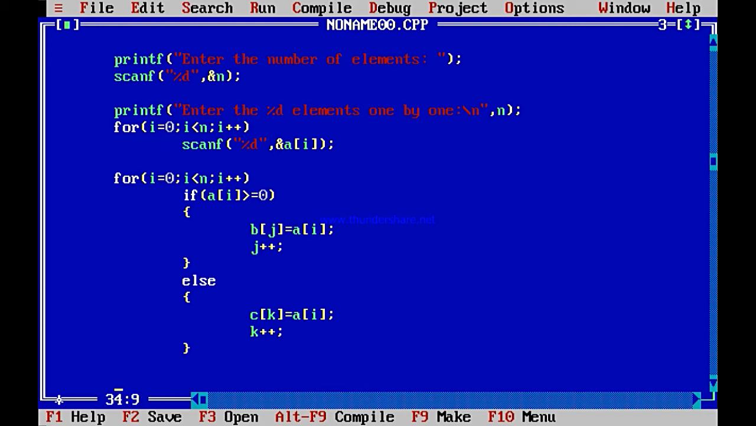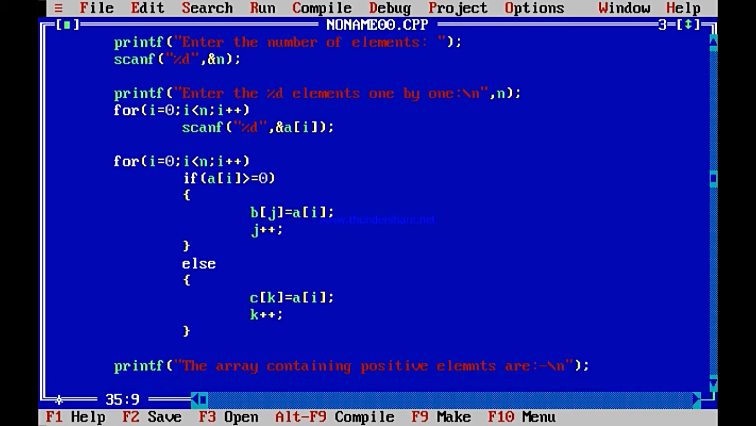Now what? You can print. So printf, the array containing positive elements are, \n is needed. So what are the positive elements, element array? How to print that? For